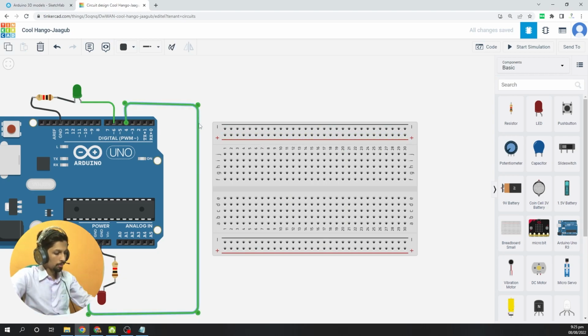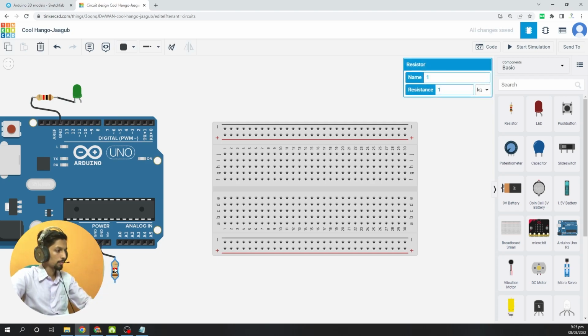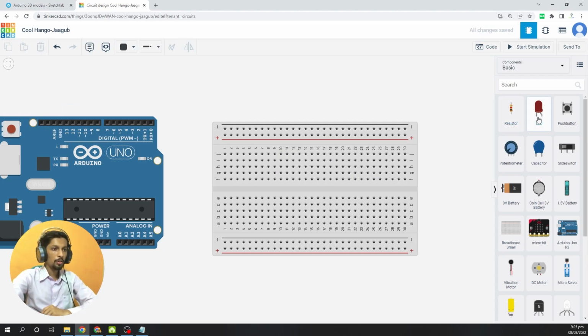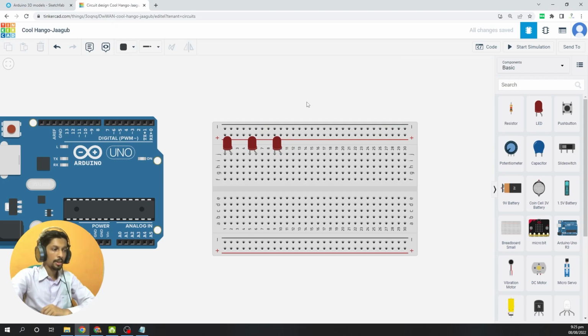First of all, I am going to delete all these wires. I attached these wires in my previous classes, so I am going to delete all of them just like this. And now I am going to connect my LEDs on my breadboard like this. So as you can see, I can align my LEDs properly and attach my components clearly on my